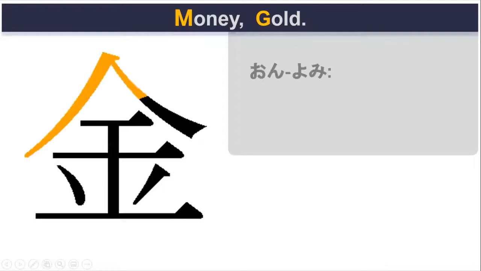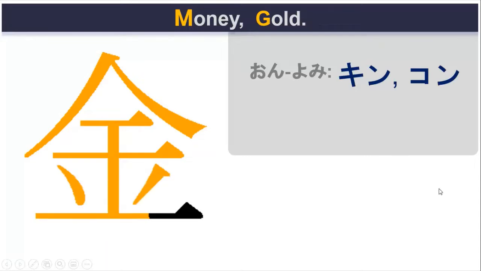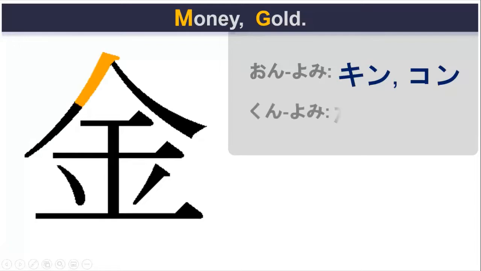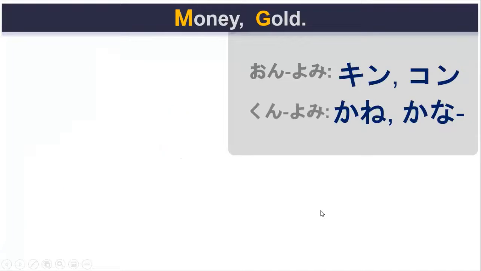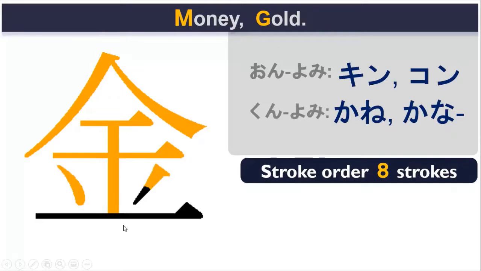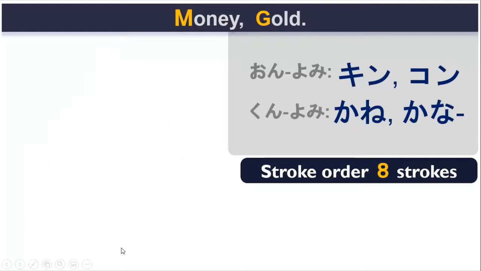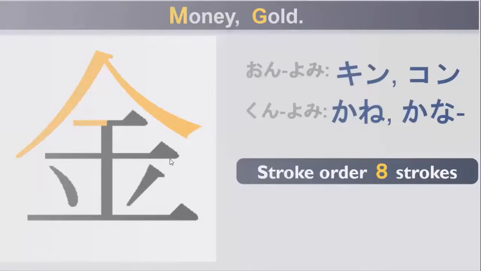And the onyomi is 金、コン、 kin or kon. And the kunyomi is 金、かね、かな、 kane or kana. And how many strokes are there? There are 8 strokes. So this is a little bit complicated kanji. You need to practice. So yes. Now let us look at